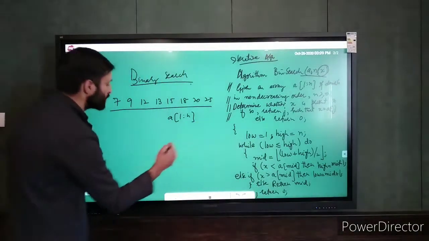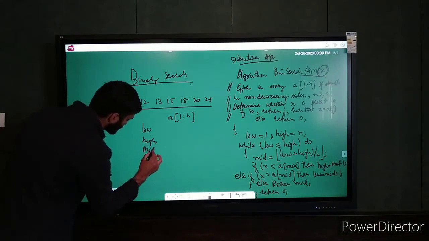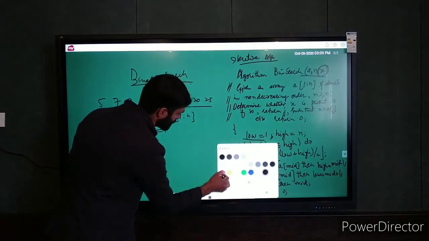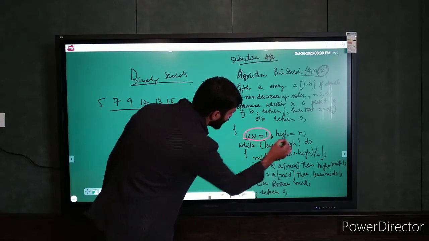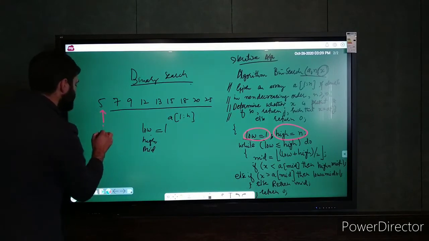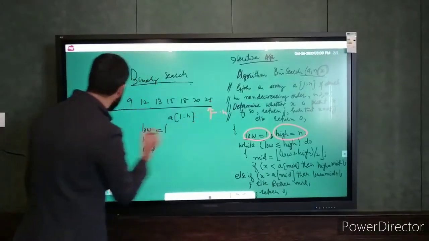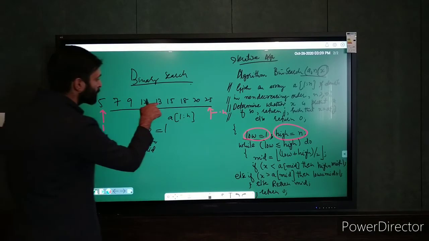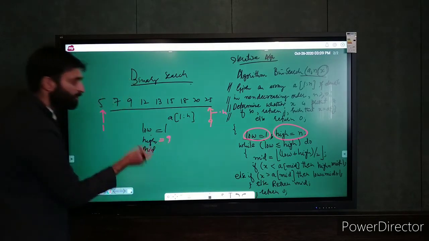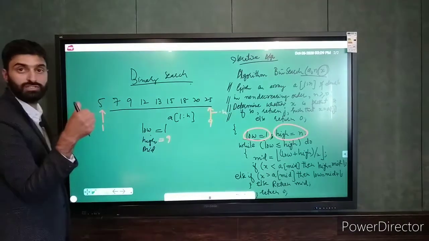So we will start the algorithm. I have used low, high and mid. Low here is equal to 1, high is equal to n. What does that mean? Low is equal to 1 means this is low, 1. When we take the index of an array, I have started from 1 to n. So low is equal to 1 and high is equal to 2, 3, 4, 5, 6, 7, 8 and 9. So here in this example, low is equal to 1 and high is equal to 9. I have to mention it because using these values I will be able to find the mid of the elements, as we are using the divide and conquer strategy.